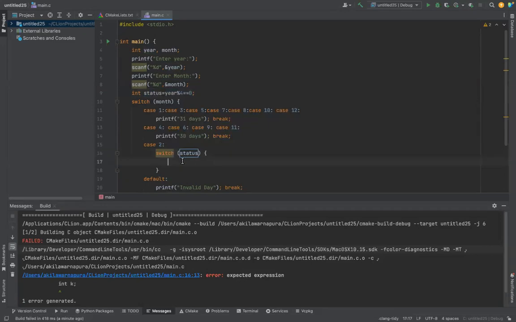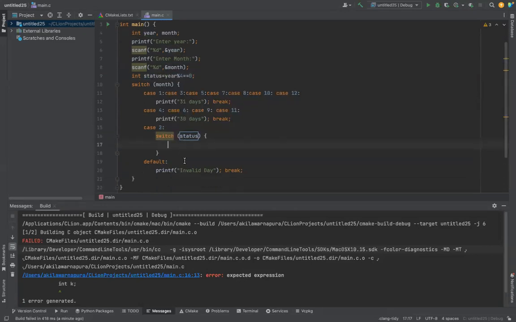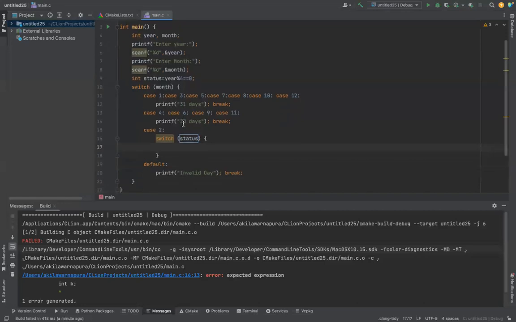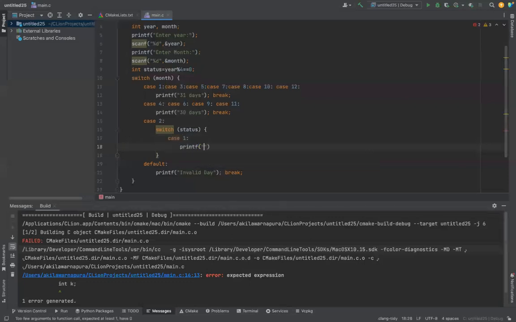status. Okay, switch status. Status mean it is divisible by 4. If it is divisible by 4, what you can do? You can use case 1. Case is 1 mean it is divisible by 4. So in such a situation, we can use printf